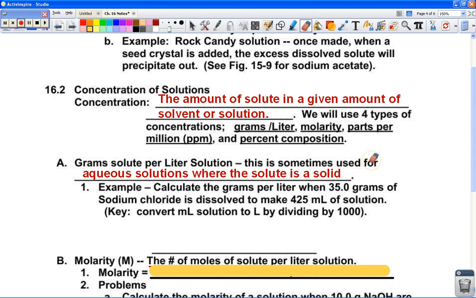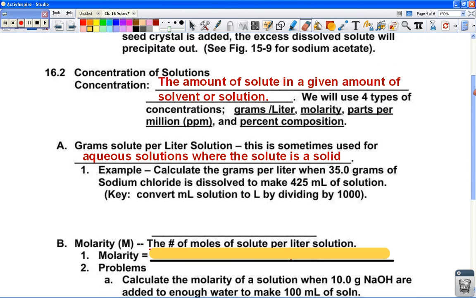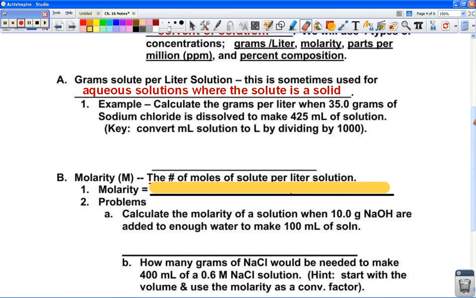For example, we're going to dissolve salt in water. The example is, if we use 35.0 grams of sodium chloride dissolved in 425 milliliters of solution, how many grams per liter is that? Well, the key is to convert your milliliters to liters by dividing by 1,000. And so we'll start with